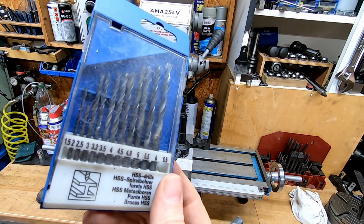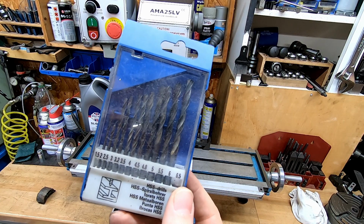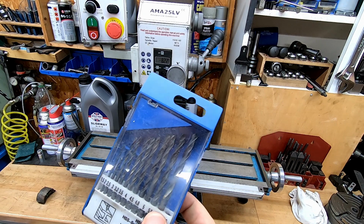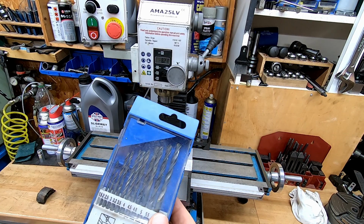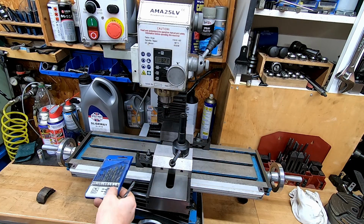Now this one's about getting a cheap set of drill bits to grind, especially for brass and plastic. Most of the time I work in steel and aluminium, and brass is not something that I do very often. Obviously some model engineers use brass all the time, so they'll probably have a set of drills specifically for it, but because I do it so infrequently, I got myself a cheap set of drills. And then